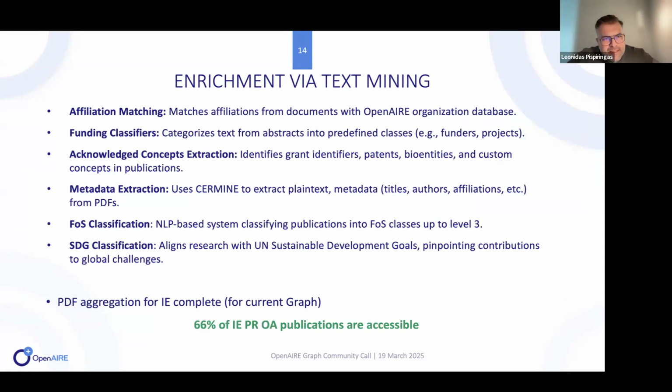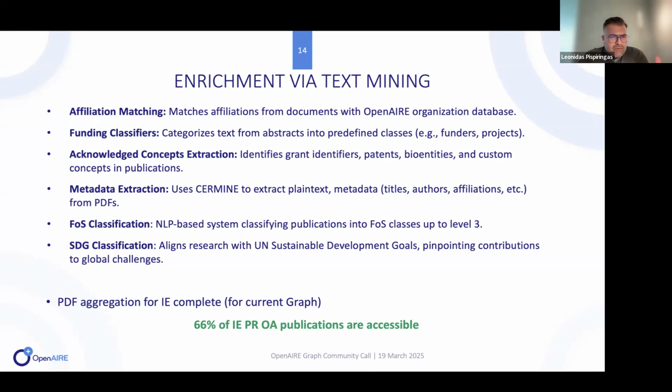It's important to mention the enrichment via text mining, where we have the affiliation matching algorithm, which matches affiliations from documents from research products with the OpenAIRE organization database. We have the funding classifiers, where we categorize text from abstracts into predefined classes, our knowledge concepts extraction, where we identify grant identifiers, patents, bioentities, and custom concepts in publications, metadata extraction techniques, and of course, the field of science and technology classification and the